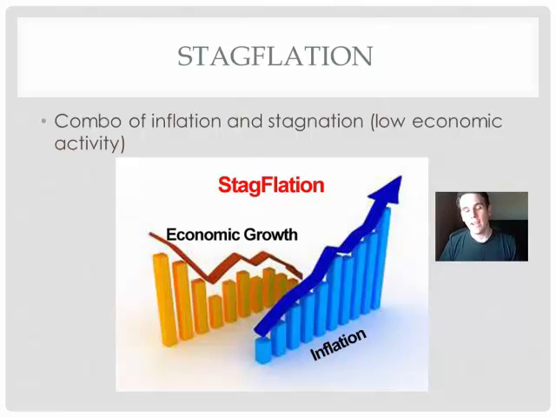Stagflation. This can happen as a result of demand pull inflation. It's a combination of inflation and stagnation. Stagnation means low economic activity. So that's kind of what we were just talking about. People's incomes aren't growing, or maybe they're going down, but they're trying to compensate for that by taking out loans and spending that money, which they don't really have the means to pay back, but still they're buying. That means demand is going up. That means the money supply will be inflated, or the money value will be inflated. That creates stagflation, and that's a really dangerous place for an economy to be in.